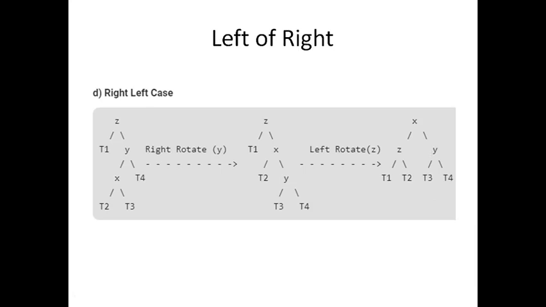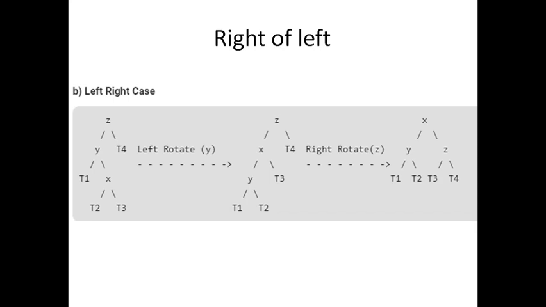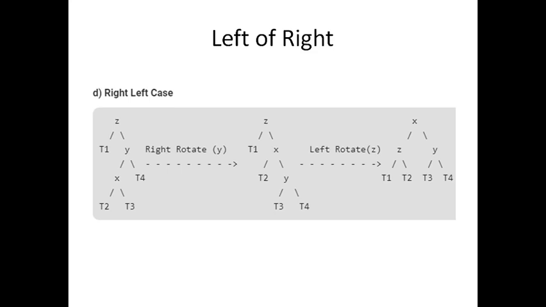Same thing, we can also come across the situation of left of right. So if you have understood this one, you can just work out the meaning of the other one without referring to the given example. The left of right would obviously mean that we have a problem in the right subtree, that is the right subtree is in excess, but within the right subtree there is a problem somewhere in one of the left subtree nodes.